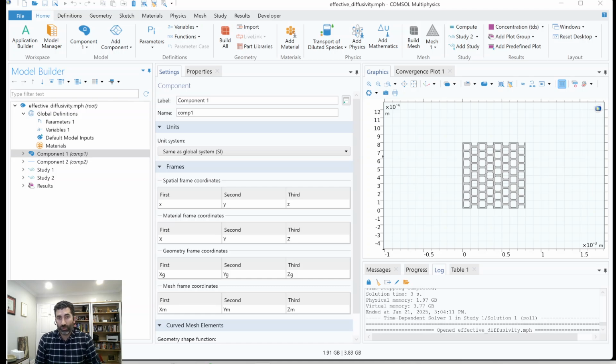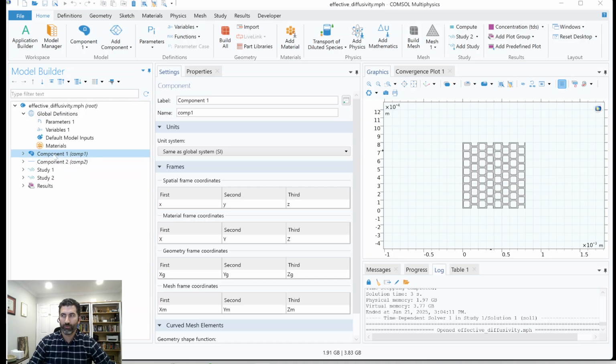So this week's tutorial is actually pretty near and dear to my heart. This is week 3, day 2. We're looking at the diffusion through a porous medium. And the case here is that we are going to look at how diffusion happens on different length scales. Okay, and this is going to be the first time that we're going to be looking at two different components